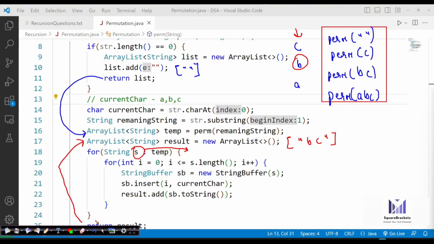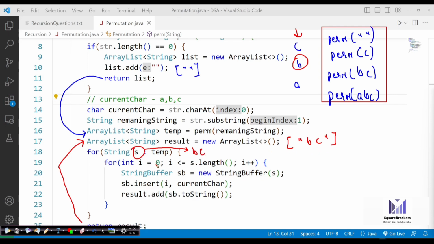There is one mistake that I did, I'll be correcting it, because this line will come before the perm. In this particular program, result should not be initialized again and again. But you will understand. With this loop, you will understand what exactly is going to happen. So now inside the s variable, we'll have B, C. So this loop will be executing 2 times.